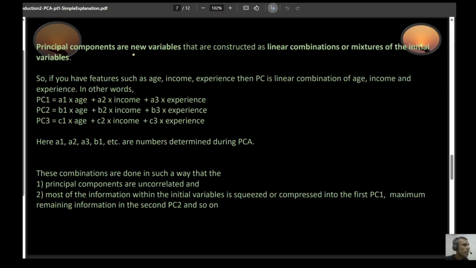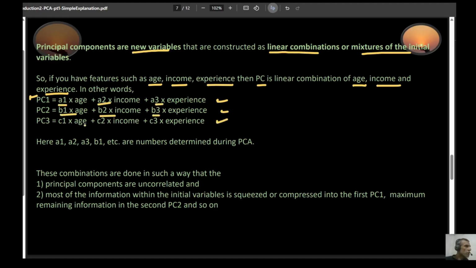So principal components are new variables that are constructed as a linear combination or mixture of the initial variables. For example, if you have features such as age, income, and experience, then your principal component would be a linear combination of age, income, and experience. Your PC1 will be something like A1 times age plus A2 times income plus A3 times experience. Your PC2 would be something like B1 times age, B2 times income, and B3 times experience. Same thing with your PC3. In this case, A1, A2, A3, B1, B2, B3, C1, C2, C3 are just numbers